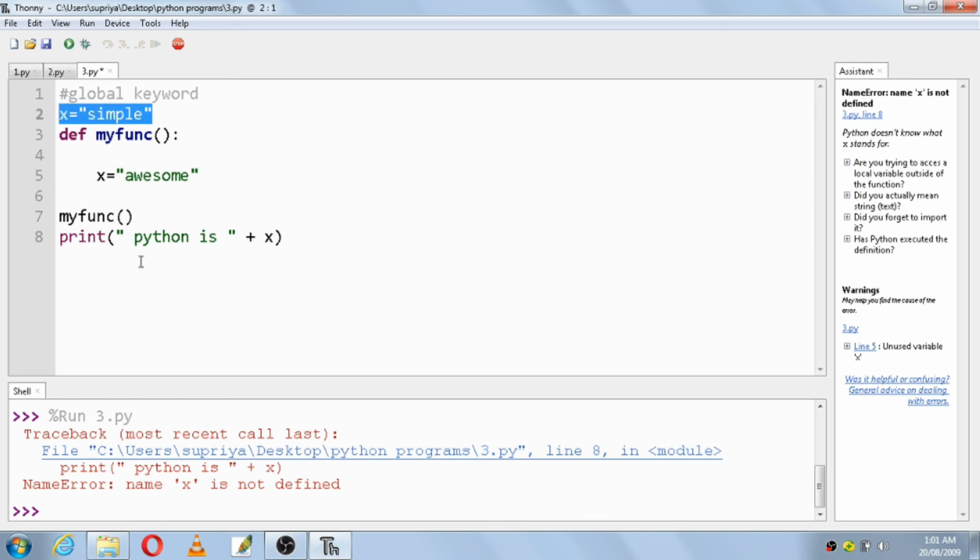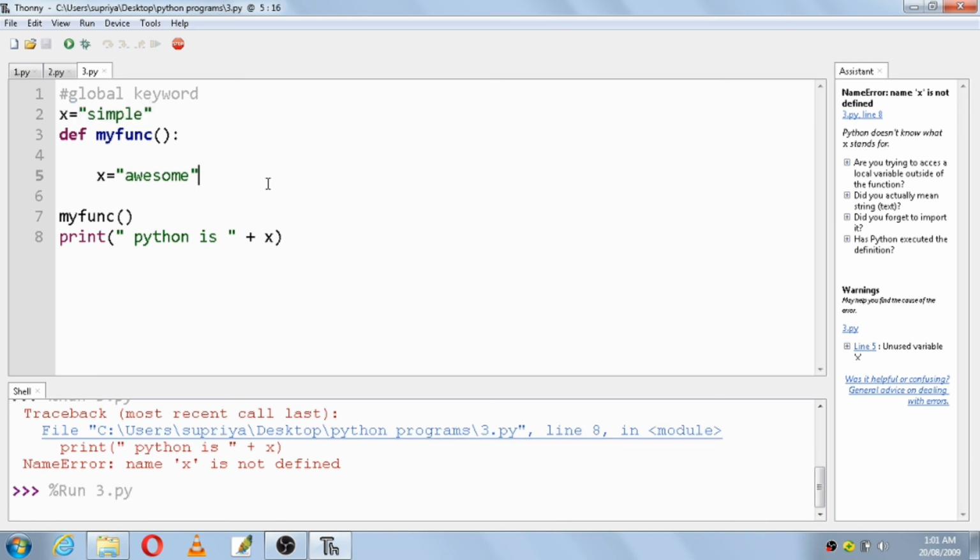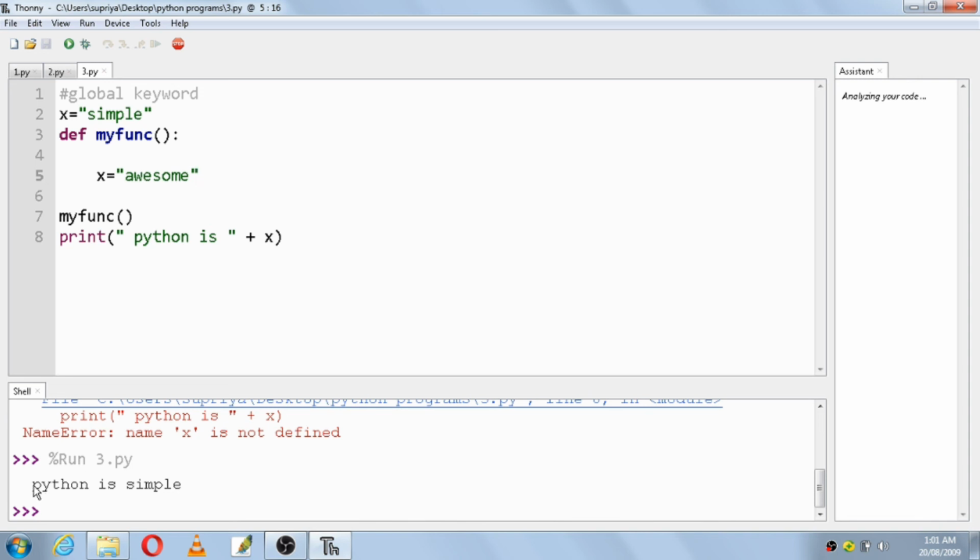If I press Ctrl S and then F5, you can see the output is here, Python is simple. Immediately this variable is seen by the entire program and you get the output as Python is simple.